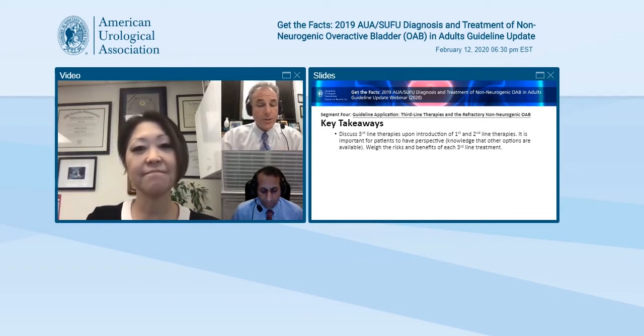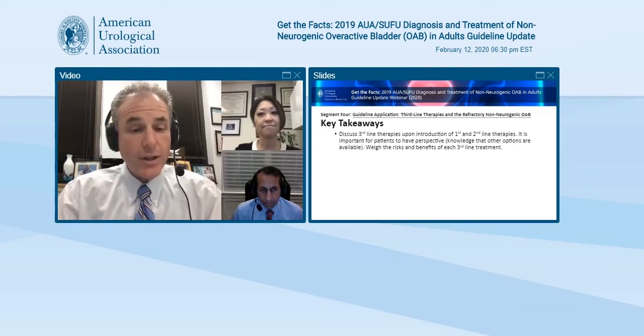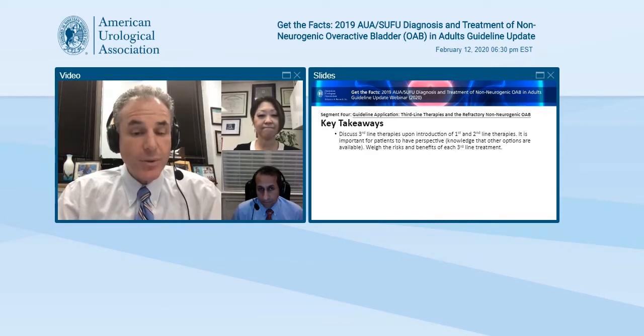And again, just to emphasize, the overactive bladder guideline changes underscore the principles of non-hierarchical care of these patients. We can move on from behavioral therapies to more advanced therapies without going through a sequential approach. Dr. Vasavada, how do you counsel patients regarding the appropriate third-line therapy for an individual patient? We've got lots of third-line therapies to choose from, or at least a few. How do you counsel patients regarding what third-line therapy you would offer or what they might like?